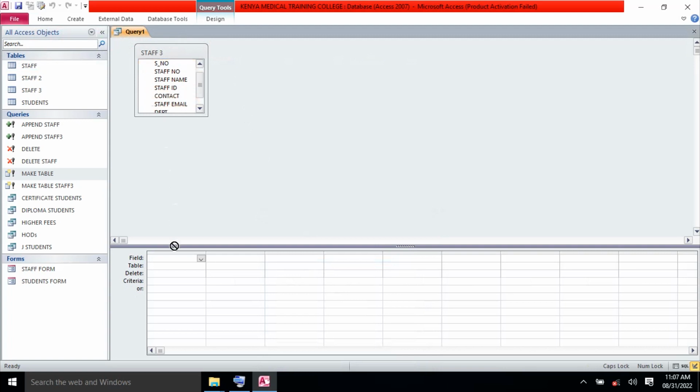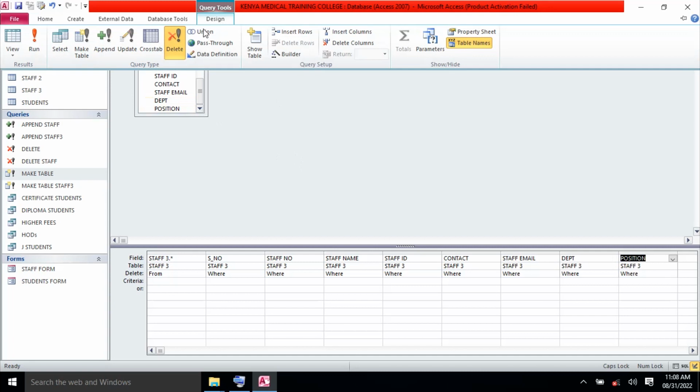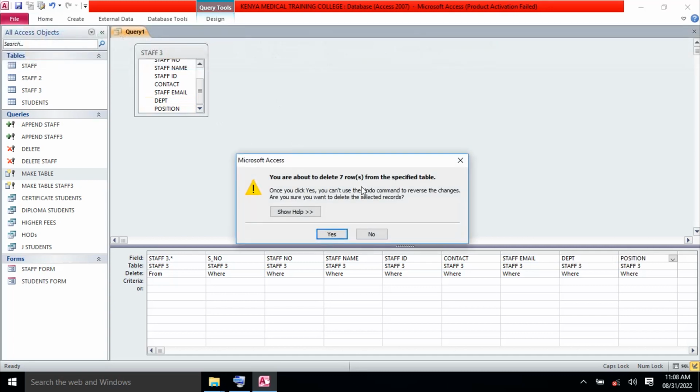I'll drag and drop it down there, and then let's now enter the fields on the query grid: staff, email, department, and position. And now let's run the query. You go to design, you click run, and now notice the query has worked. Okay, so you click yes,